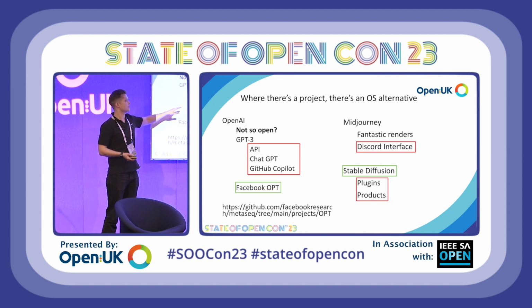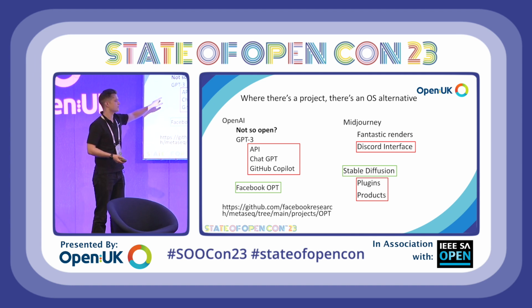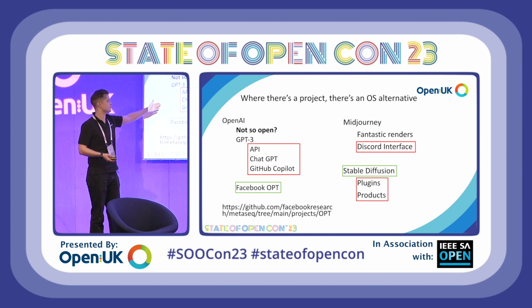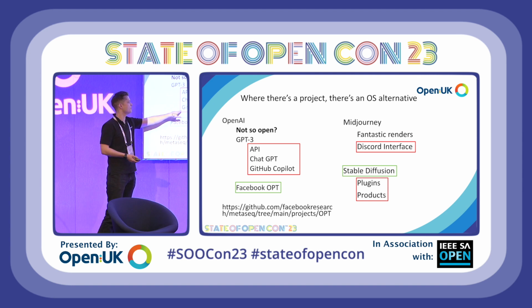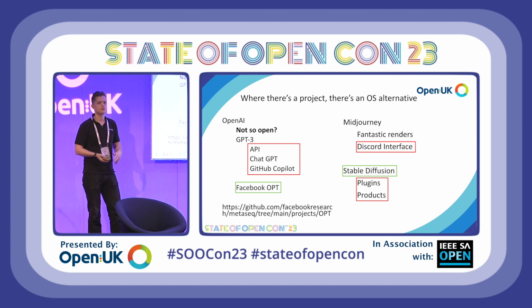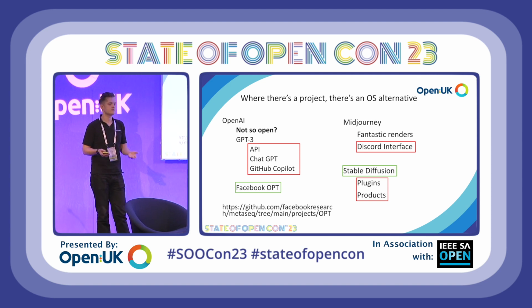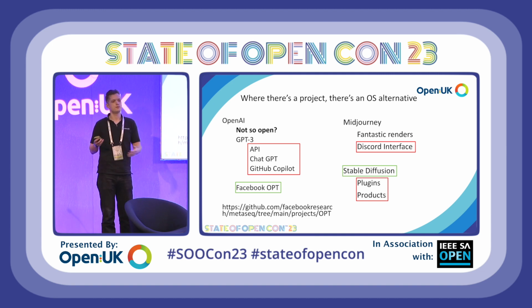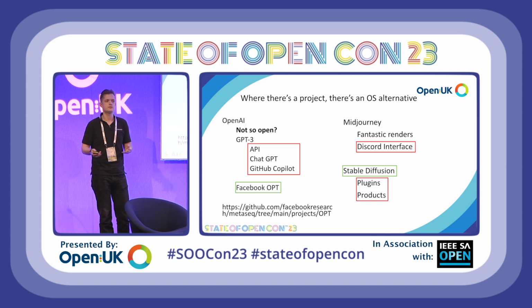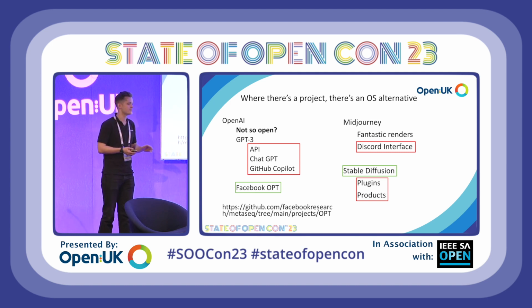So a lot of great products are coming out from GPT-3. The most notable in the media is obviously ChatGPT, which hopefully you've all tried out. If you haven't, I'd encourage you to wait in their queue and give it a go. Also, tools like GitHub Copilot, which is a generative text model trained on a codex with GPT-3, and is really amazing at generating code snippets, helping you learn to program, helping you to complete tasks faster. We'll talk a little bit about the ethics and some of the problems that come with that.